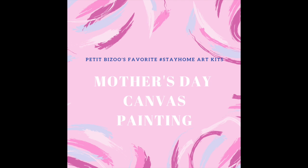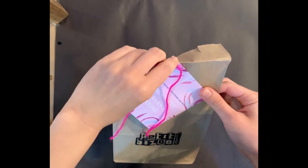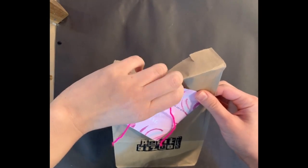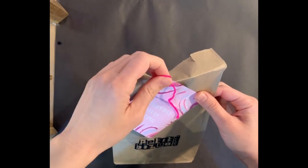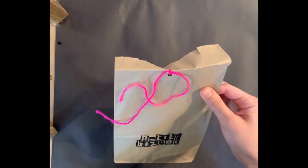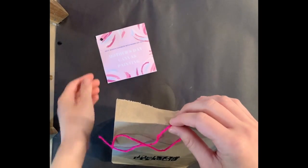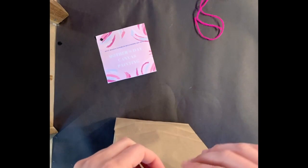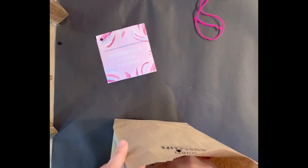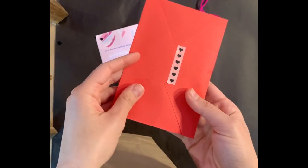This is the step-by-step tutorial of Petit Bizoo's favorite stay-home art kits, including the Mother's Day canvas painting. In this kit, you will receive a postcard with step-by-step instructions, along with some accessories to add on your canvas,